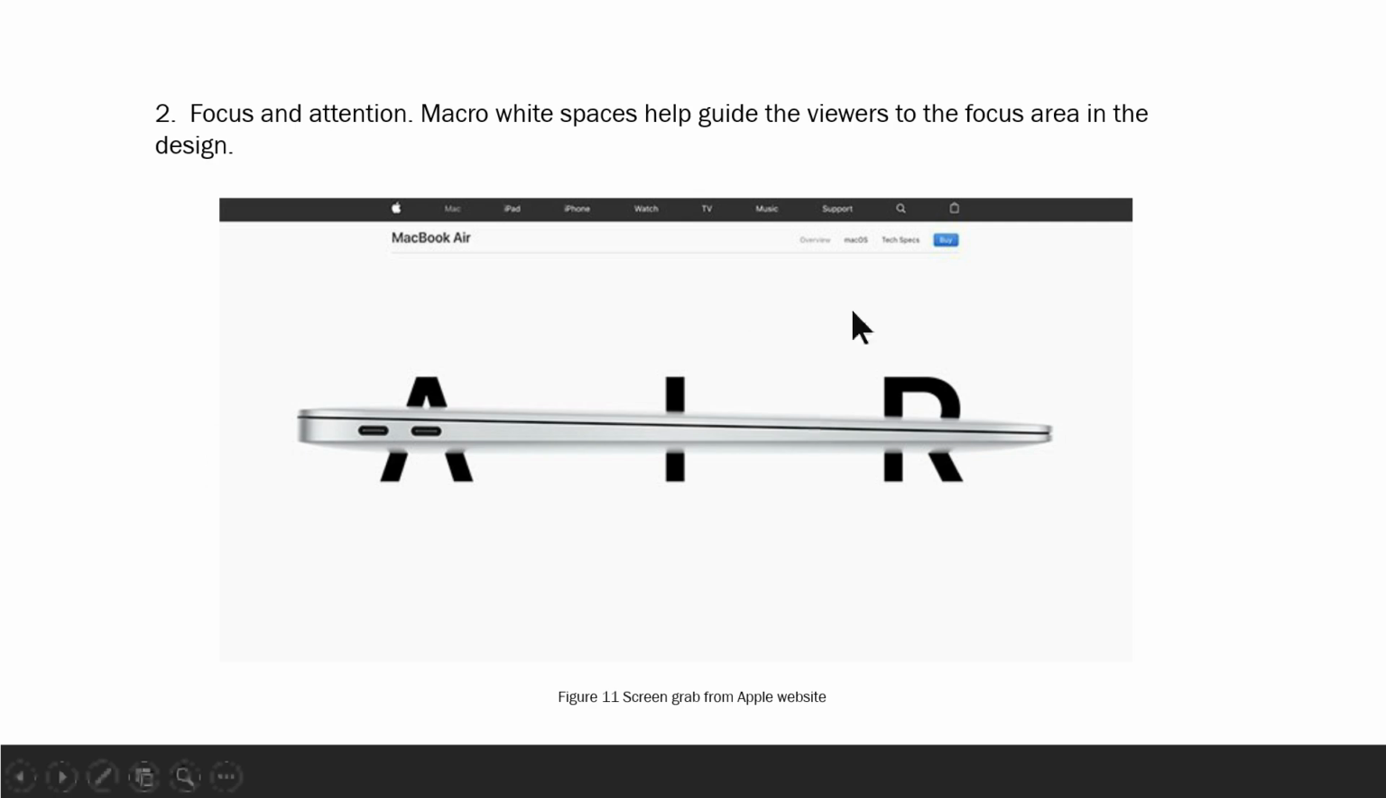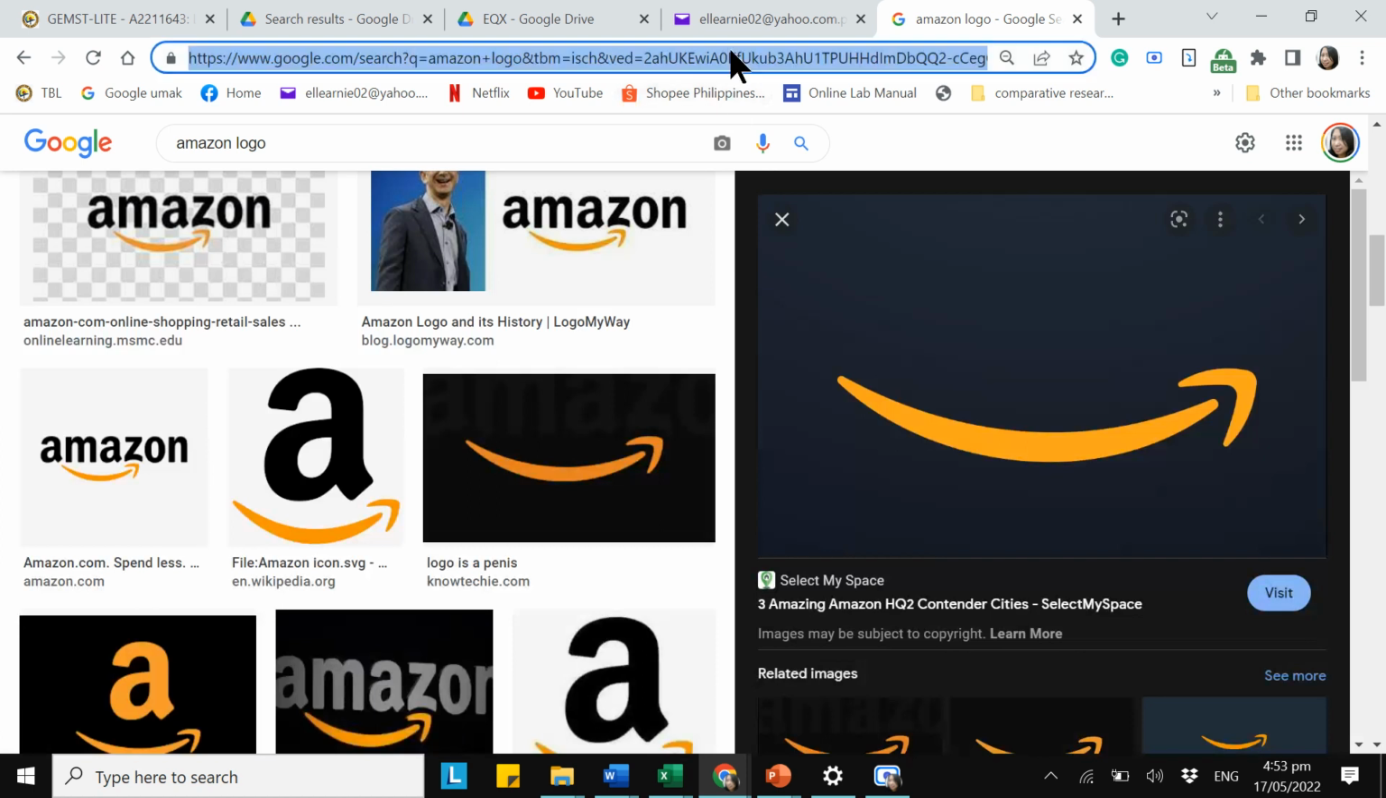Next is focus on attention. So here is actually a screenshot of Apple. And if you will notice, gusto nilang i-emphasize yung actual product nila. So, which is MacBook Air. So, para walang ibang makikita, if you will notice, on this particular website, wala siyang ads. Okay, kasi sila mismo yung nagbabayad ng website nila and then ayaw nila ng advertisement kasi yung advertisement would take your focus away on the product. Same as if you go to Samsung, okay? So let's see. Okay, so if you're going to look for Samsung,